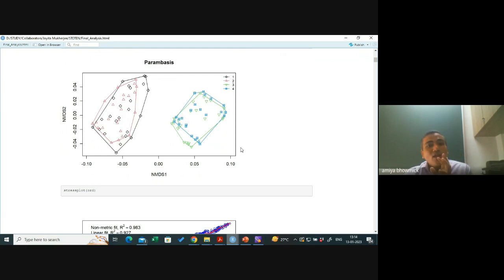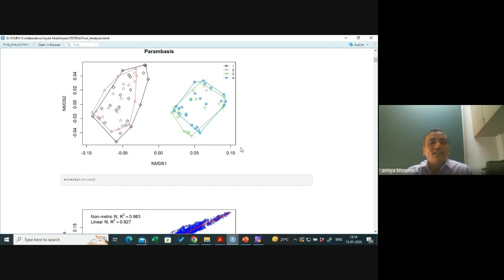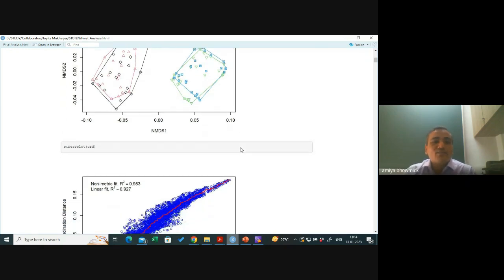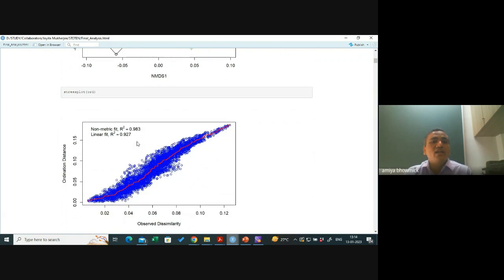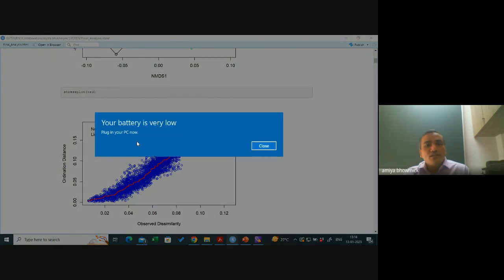Whether a two-dimensional representation is sufficient or not, to check that there is something called a stress plot, right? So we performed a non-metric MDS, and this R square is very high. This represents that it is a purely algorithmic representation. May have to run it multiple times to ensure that it is